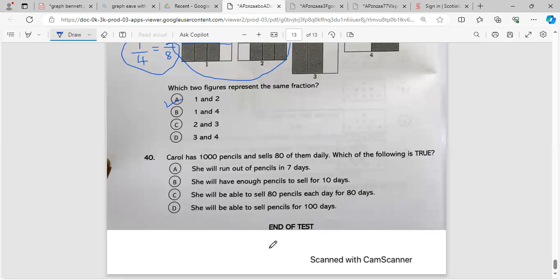No. I would say D because it wouldn't be 7, because if you times the 7 by the 80,